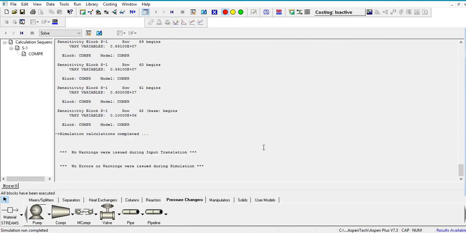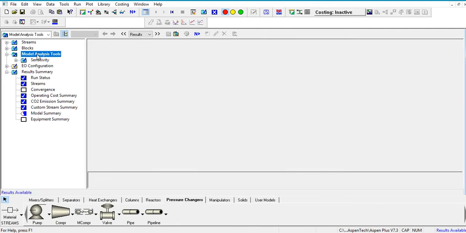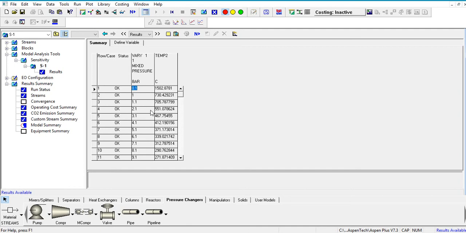So there are no warnings nor any errors. So we go to the results. We go to the model analysis tools, sensitivity, and this is what we actually get. As you can see here, as we vary the input pressure from 0.1 to 60 bar with an increment of 1 bar, this is how the temperature of the output stream varies.